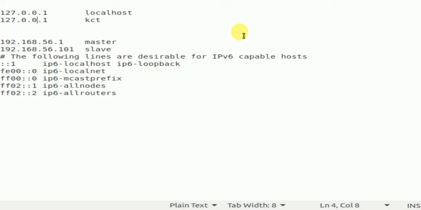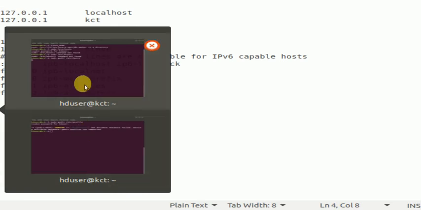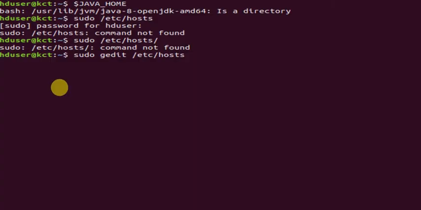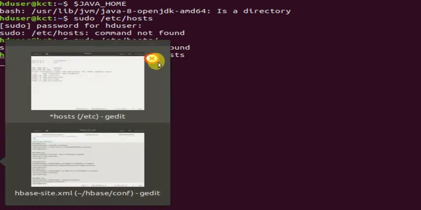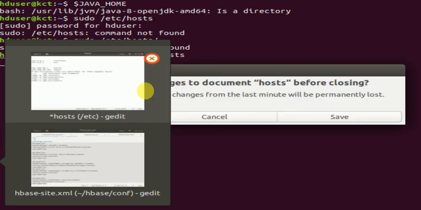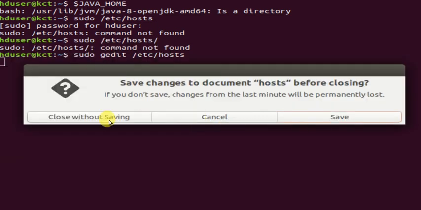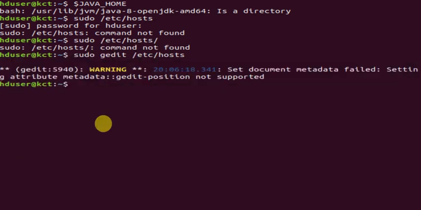Once you have done this, you can verify this configuration. I will close everything.